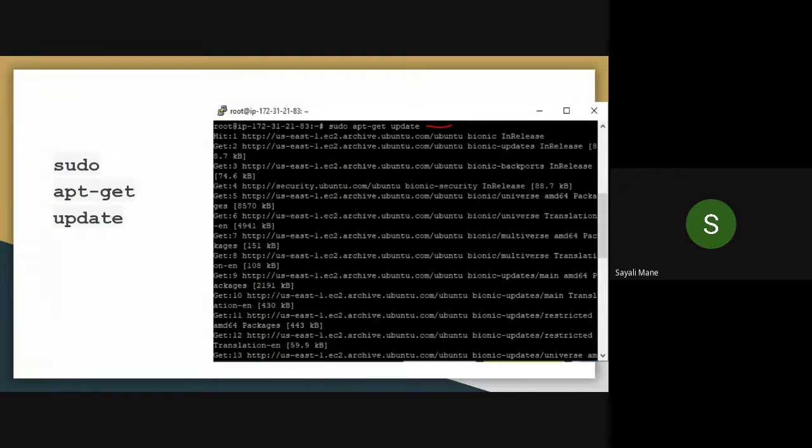Please paste this command. This is to update. Done.